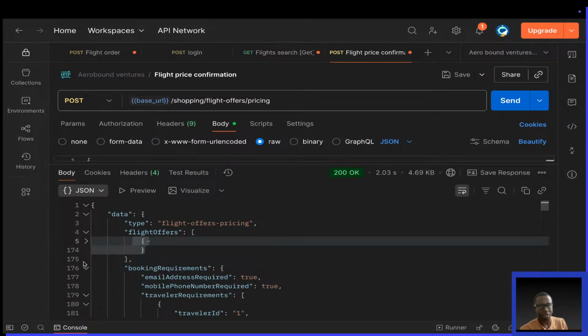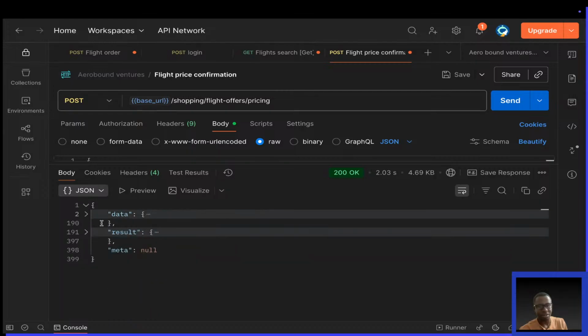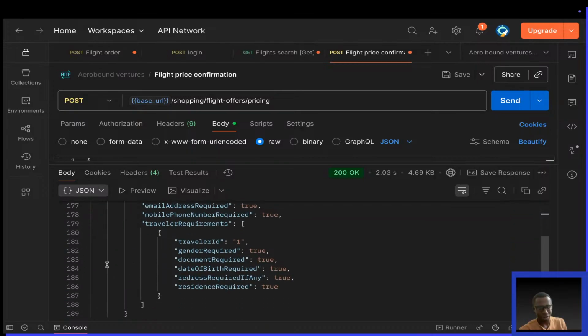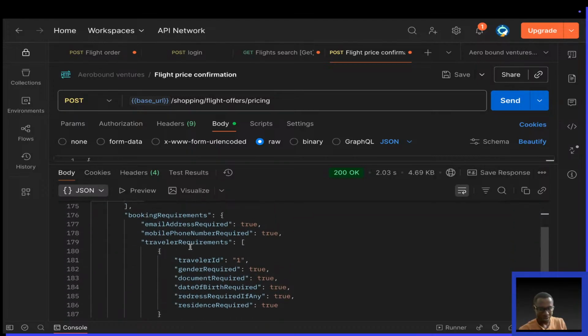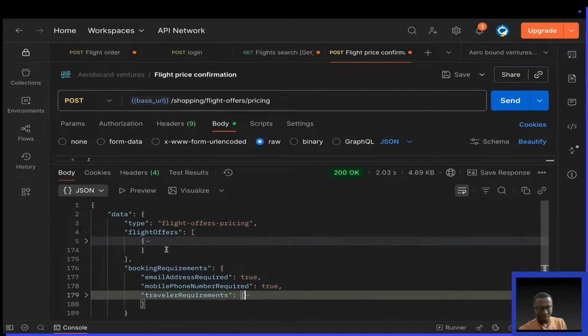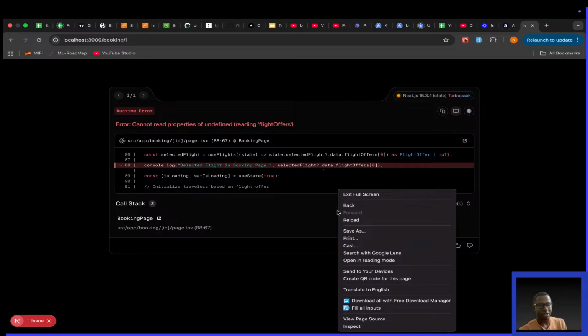This is the result we get. From this result, we need to pick only this flight offer. We can take note of the traveler requirements, like the traveler ID, the gender, documents, blah blah. But what we need is the flight offer. So if we click and confirm and continue,